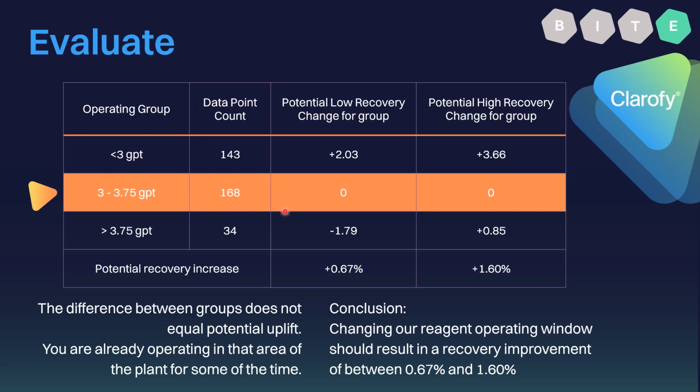What we ended up finding for this data set is this is about 40% of the data points. So 40% of the time we're off. This is about 50% of the time. So we're saying 50% of the time we're already operating in this target position. For this overdosing position, we don't actually operate there much. It's about 10% of the time.